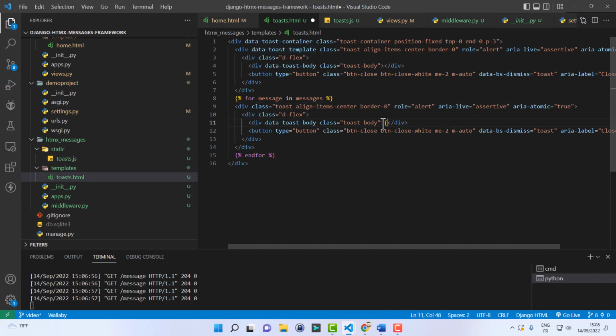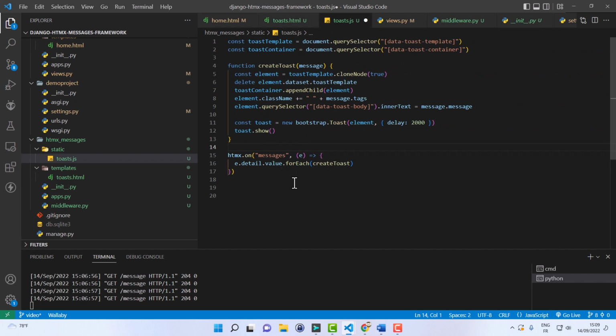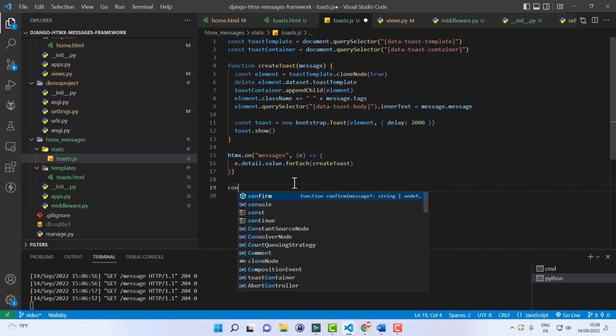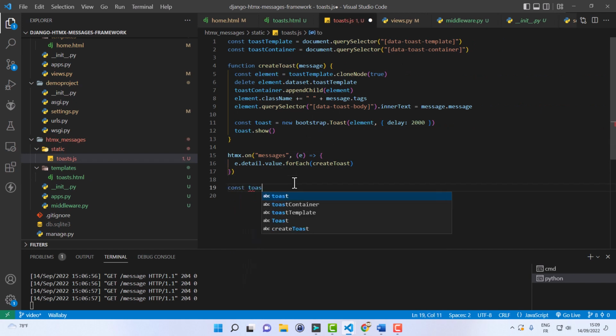The body again comes from message.message. The class comes from message.tags like this. Then we have to tell Bootstrap to show these messages at startup exactly as it was in the original project.